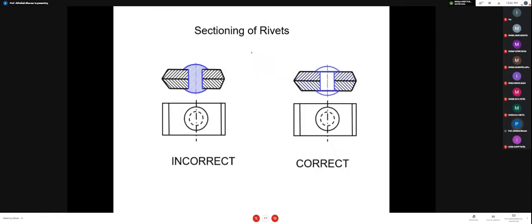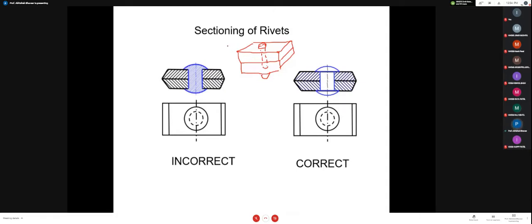See, this is the figure in which you have two plates. I have one plate of this shape like this, and another plate like this, and to connect both of them, I am going to use one rivet through which I am going to pass. You are aware of the rivet, or of the nut and bolt.